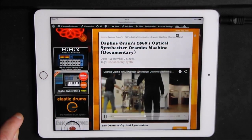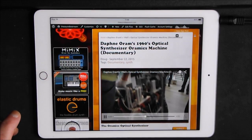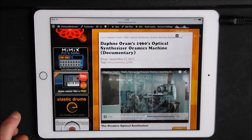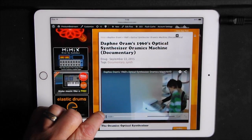The reason it's so difficult to tell is that the machine was always being tweaked and modified throughout its life. As the Oramics machine is too fragile to restore to playable order, there's an interactive visual display that lets visitors play with a